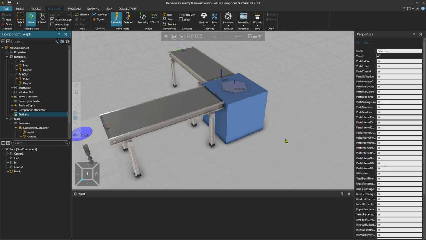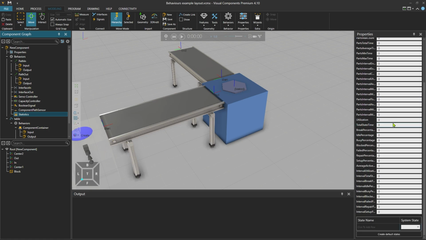This behavior has two types of values: flow statistics, which are different types of counters based on the product movements in a selected container, and a state model, where, for example, a process can change the active state of the whole component, and from those states, utilization can be calculated.